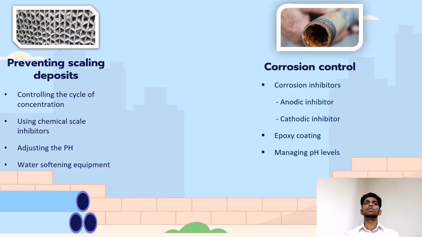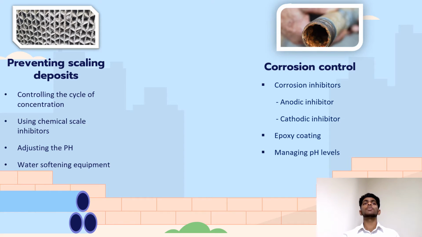So the first one is preventing scaling deposition. There are four ways we can use to prevent scaling. The first one is controlling the cycle of condensation. Limit the concentration of scale-forming minerals by controlling cycles of concentration. This is achieved by intermittent or continuous blowdown process where a part of water is purposely drained off to prevent